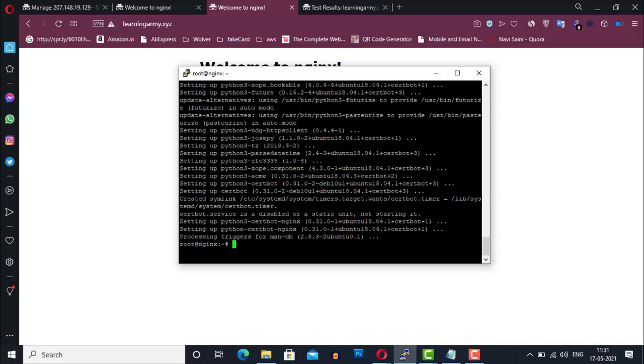Perfect. Certbot is ready to use, and now we can apply the SSL certificate for our domain.